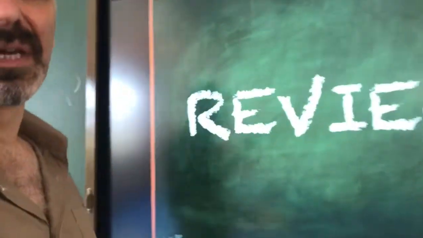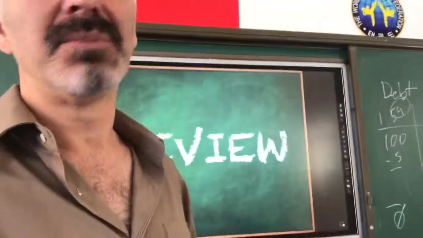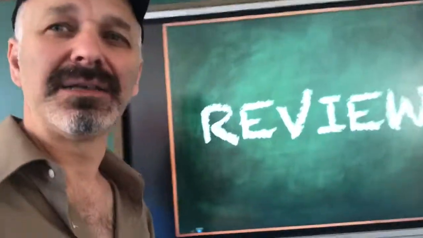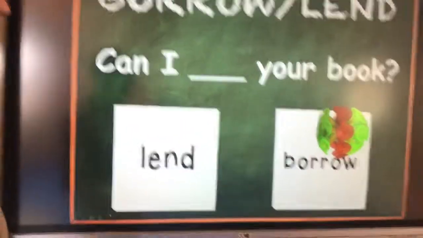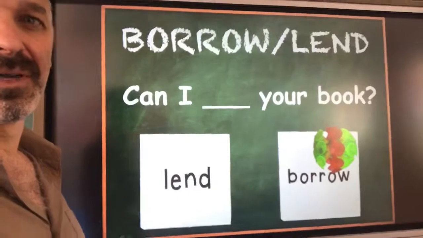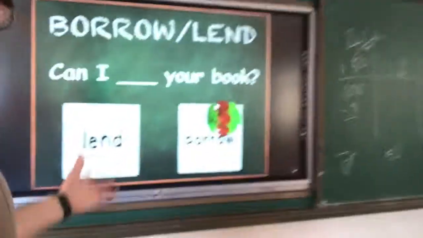And then there's a review time. So after lend and borrow, that's when I'm looking to break the class into another class. So this would be the second class. Immediately go into review. I do a sticky ball thing where, in the beginning of the class, I want to review borrow and lend, sticky ball, which one is it? Borrow and lend.